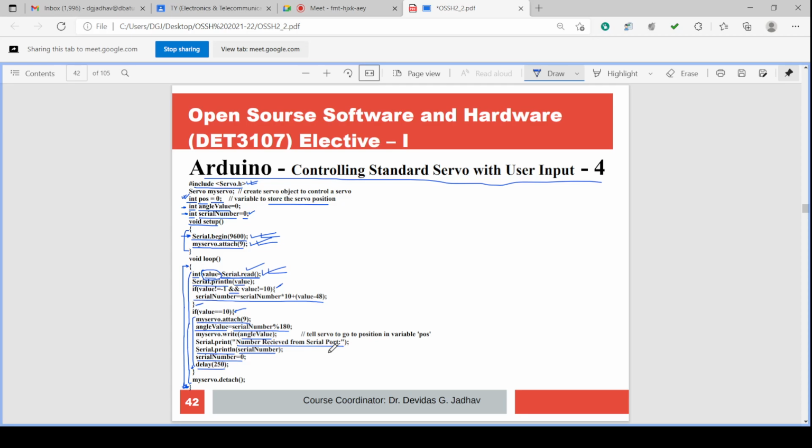transmission and reception. So we are reading the serial reception pin number 0, and whatever the value on that pin is there, that is read and stored into a variable which is named value. So in that variable Serial.read is stored and it is printed for our information on the monitor,